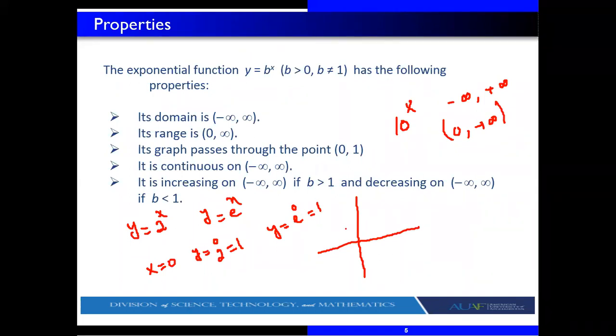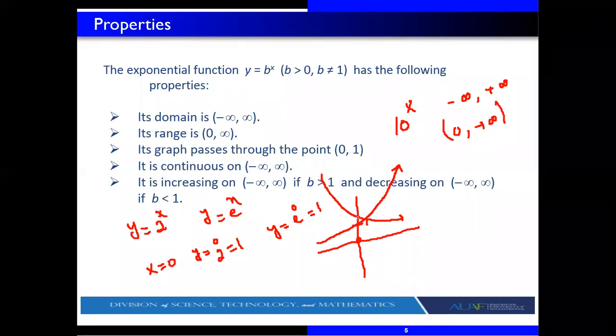So the graph will pass through this point. This is actually the y-intercept. You can say that when x is 0, y is equal to 1. The graph will always pass through 1, here where x is equal to 0. This one is exponential growth. When it's exponential decay, the graph will come from the same point but in this shape. Correct? So both are exponential functions: exponential growth and exponential decay.